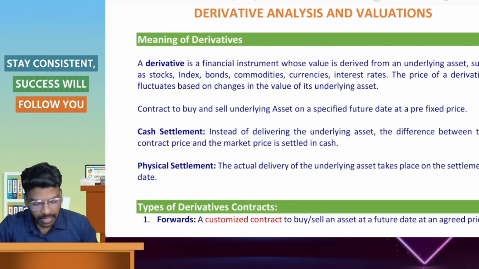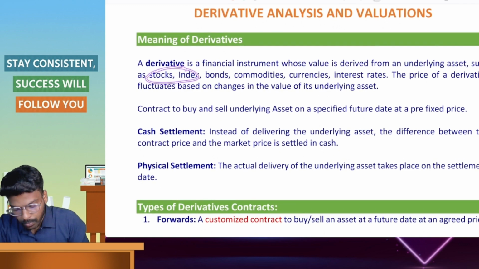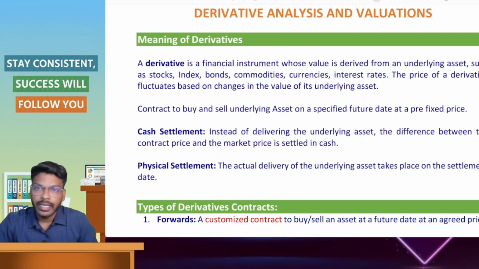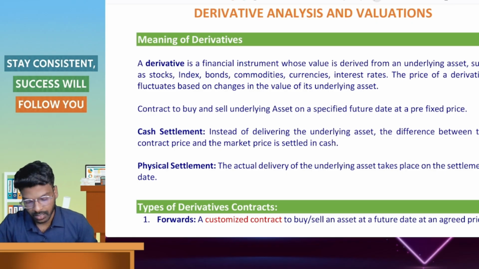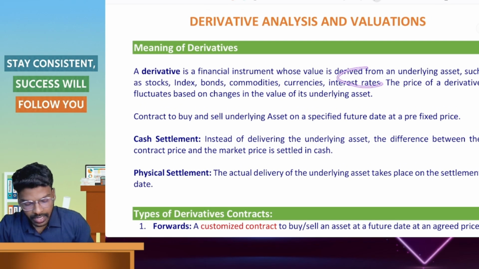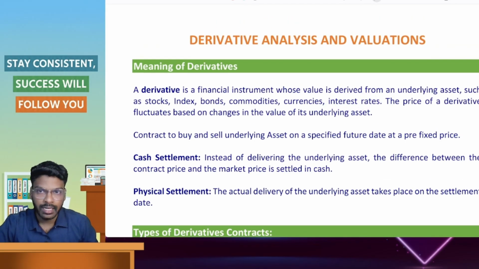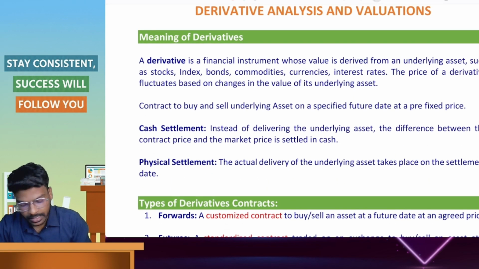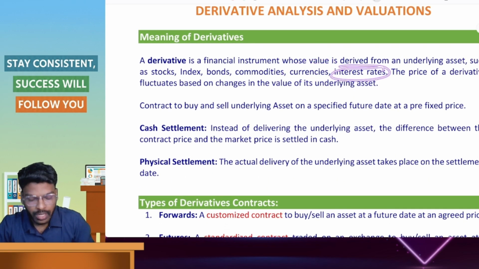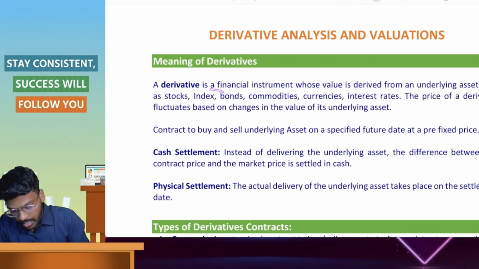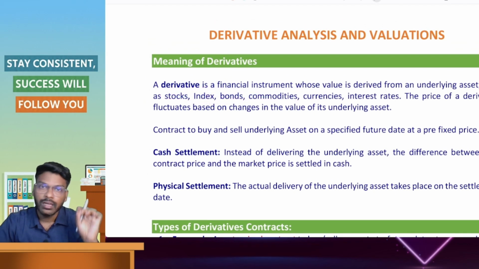In this lecture, we will be covering equity, bonds and commodities. Currencies, that is foreign currency, will be covered in the foreign exchange chapter, the forex chapter. If interest rate is considered as the underlying asset, then it will be covered in the interest rate risk management chapter. There is a separate chapter for currencies and also interest rates. In this chapter, we will cover only stocks, index, bonds and securities.